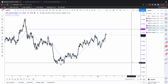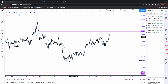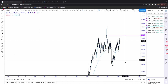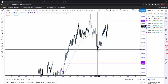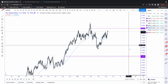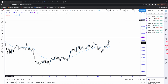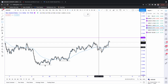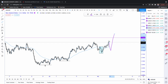What gives me a little bit of conviction for the downside on something like AUD, potentially EUR, but also NZD, is the fact that we have some very clean engineered equal lows to the downside that I believe we could seek out ultimately, as we really didn't trade into anything here that would validate a significant swing point that would produce a higher high in this market. So maybe we can look at short-term buying opportunities. If we get an immediate retracement into here, maybe we can look at potential buying opportunities, but